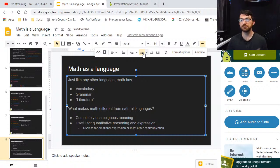Okay, so just like any other language, it's got vocabulary, grammar, and literature. What makes math different from natural languages? It's completely unambiguous, and it's got a very narrow use. Okay, now I can move on to the grammar